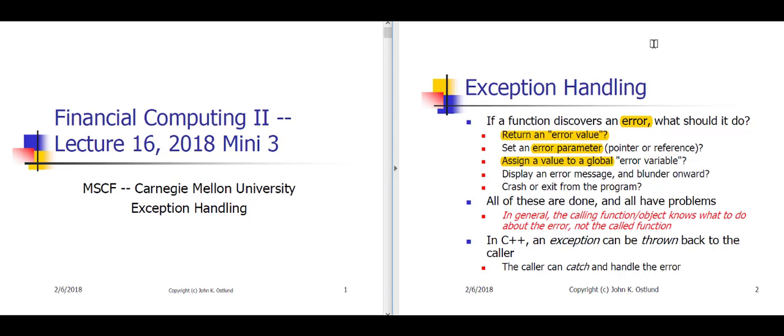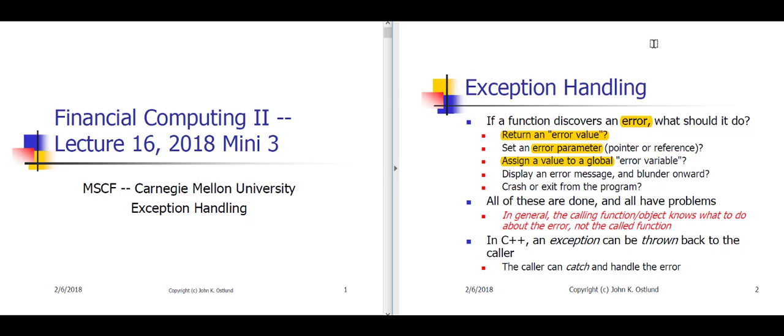Now, of these three, returning an error value often works, but it can't always be used. For example, if you're computing the log of some value, that log function is returning some approximation of a real number, and any real number is a valid log of some value. So returning some kind of special error value in that case just doesn't make sense. Math functions like log, exponent, sine, cosine, square root are so commonly used that it would be unreasonable to expect